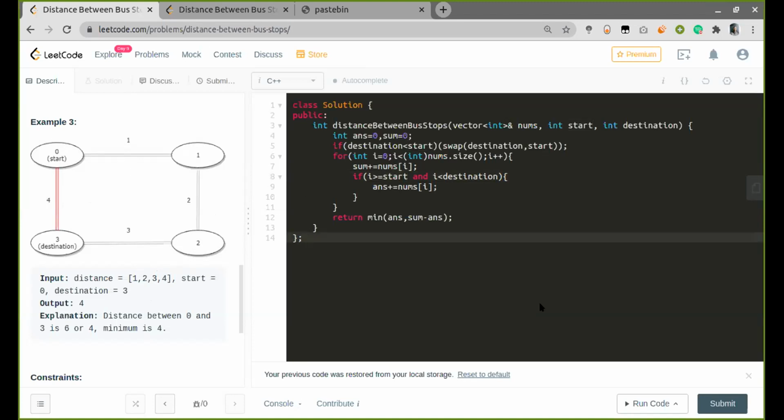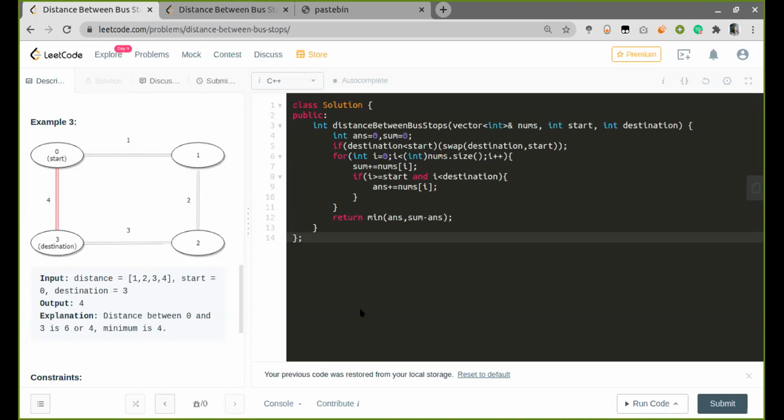Correct. How would you do it for 0 to 3? Yeah, makes sense. Right. So therefore, for 0 to 3 in this case, you will take 1, 2, and 3. I don't have to take 4 here, since the value will be from 0 to 3 minus 1, which will be 2. So second index will be 3. So I have to take only 1, 2, and 3 here. And that is the reason you have to add, because you already have moved from the start. So you are taking that cost also. Okay, got it.